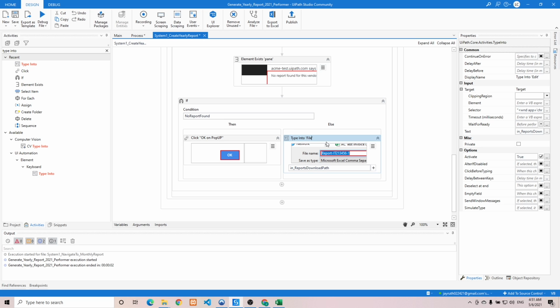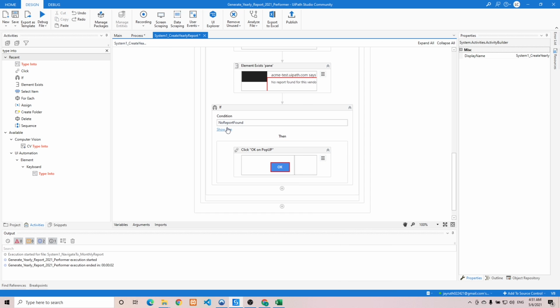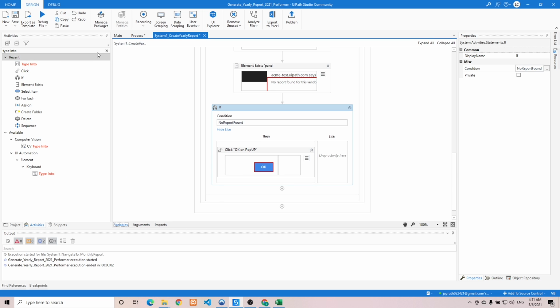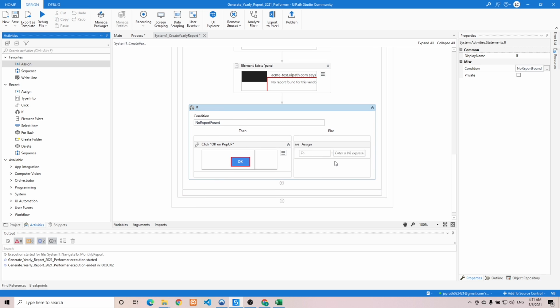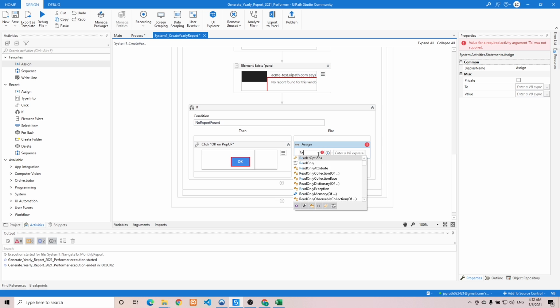Oh, sorry, I think the file path is wrong. Before we do this, let me just delete this to avoid confusion. We need to have an assign activity first. So here we need to create a new variable. Let's add an assign activity. Let's name the variable, okay, let's create it from here, Control K, report file path, that should be of